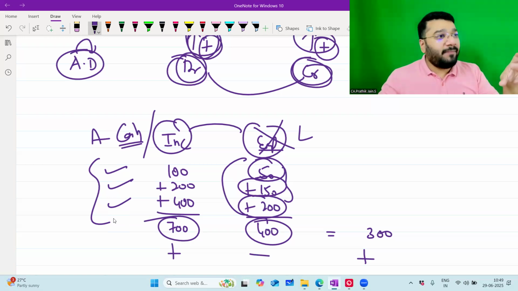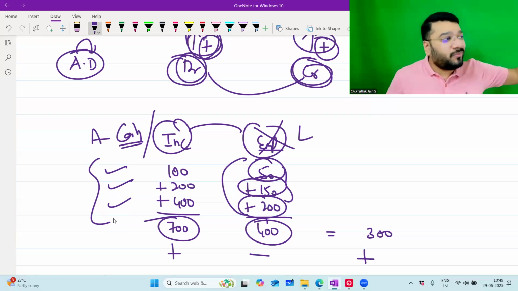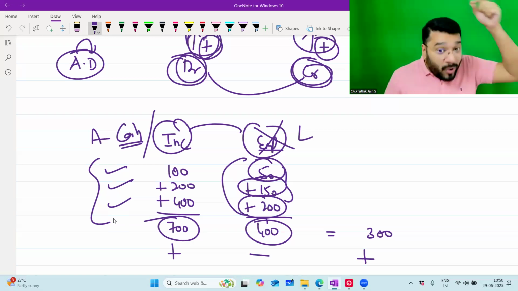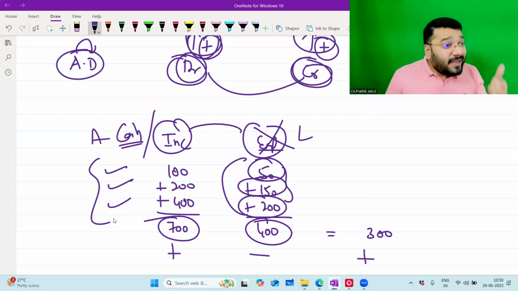It might take some time to put the concept of modern rule in your head because you've been used to the golden rule for the last 2-3 days. To get this into your head, it'll take some time. But you have to put this in your mind because we cannot get all the answers from the golden rule. In 12th, we are never going to use the golden rule at all. Only modern rule, modern rule, modern rule.